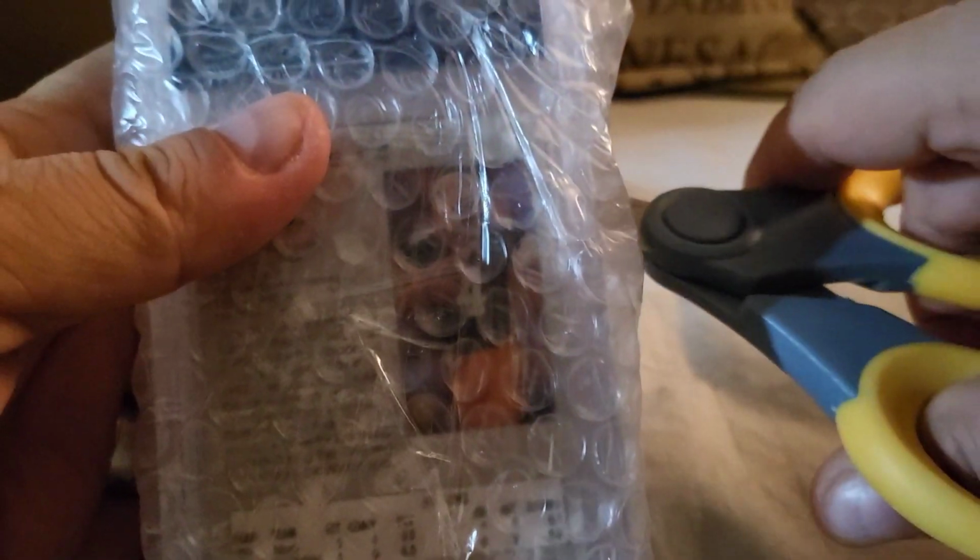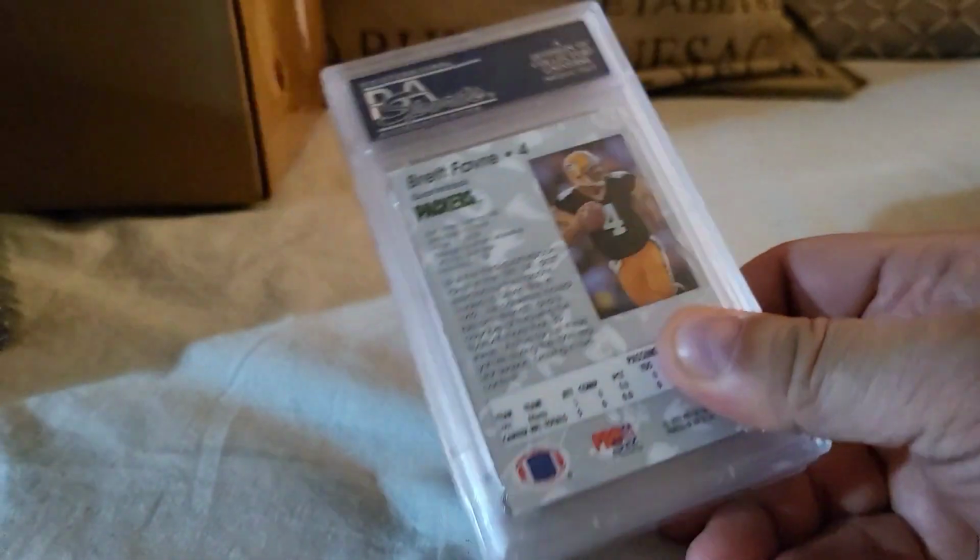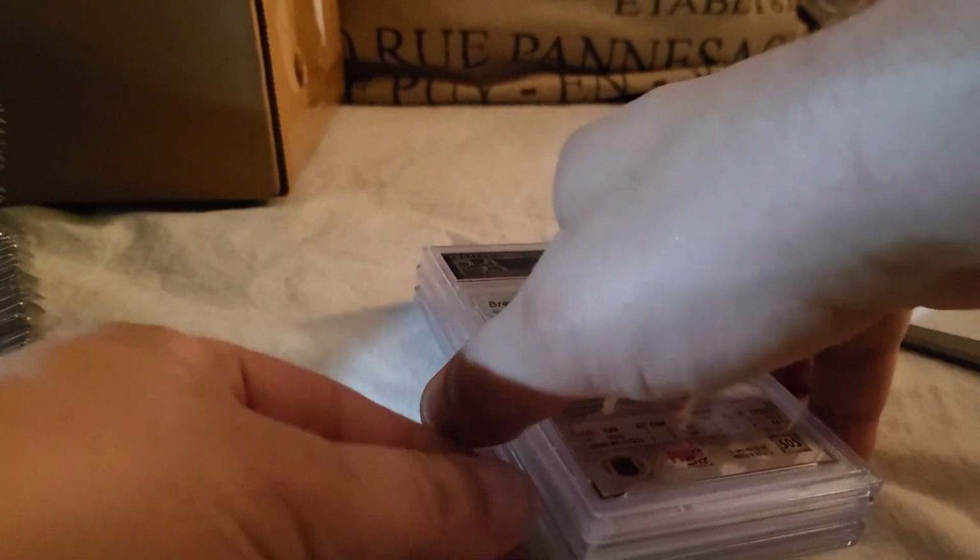So I'm gonna try to open this and leave it facing this way. Oh yeah, I know what the other 2 are now. I remember. I forgot about these from Probstein. So we'll see if...